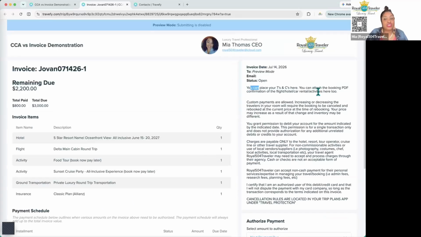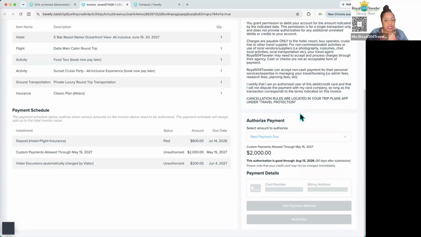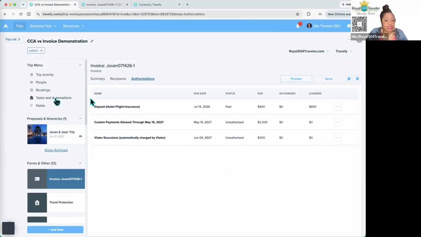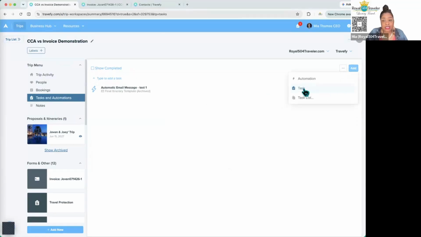That is something that you should place in the terms and conditions so that it's upfront and visible the entire time. But if that is not your requirement, then don't worry about it. So for me, in a situation like this, because it's so far out, it's basically a year out for the most part, I may wait 6 months in or 4 months in and on the trip actually create a task reminder that says,